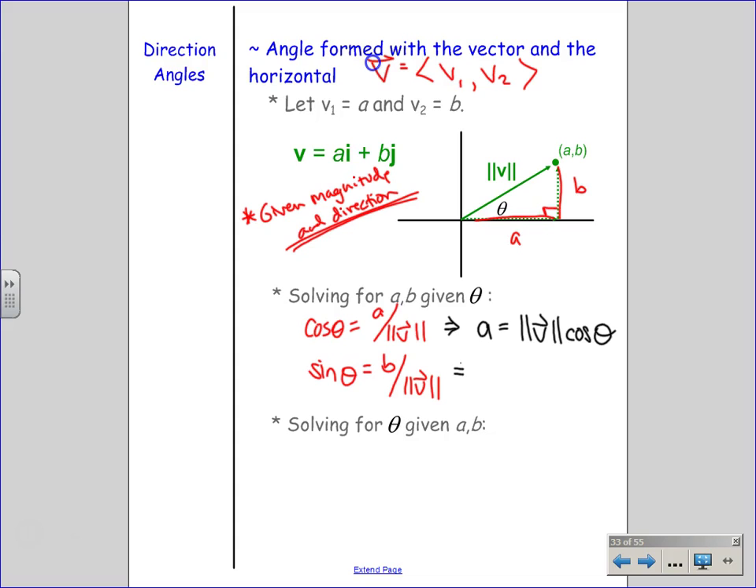With one quick little rearrangement, I can say, hey, give me the magnitude, give me the direction. I don't mind, I'll get my B myself, because B is just going to equal magnitude times sine of the angle. However, there are times, and I think this is where homework is going next, where you are given your components